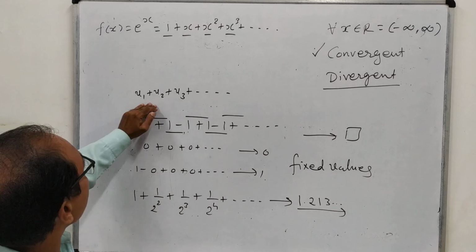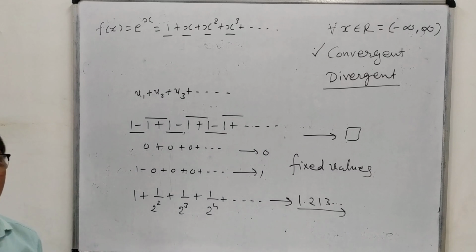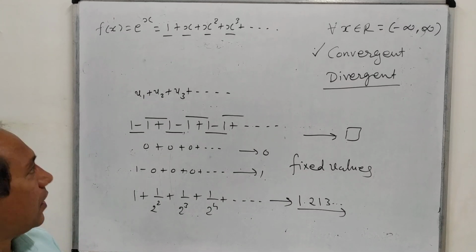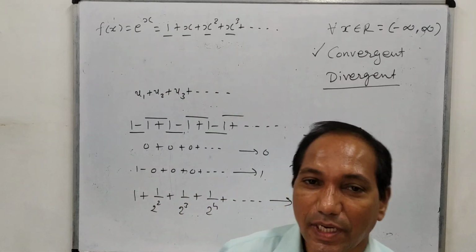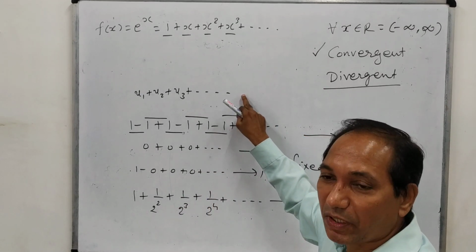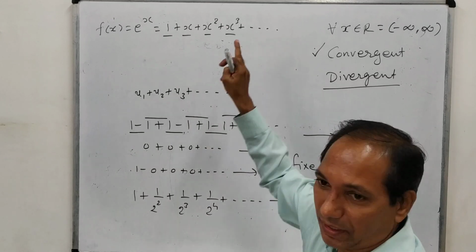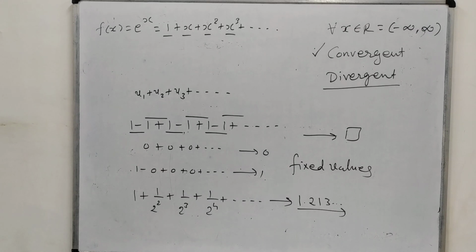And in this chapter we will see whether the series is convergent or divergent. That means the first and second chapter explain how to determine whether a series is convergent or divergent. And here in this chapter we are looking at Taylor series and Maclaurin series. These are particular types of series. That means these are power series, a special type of power series that we are looking at in this chapter.